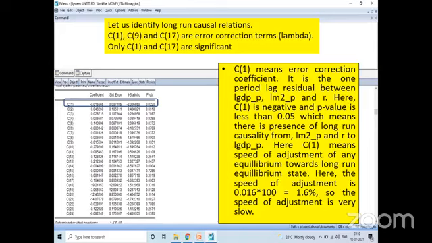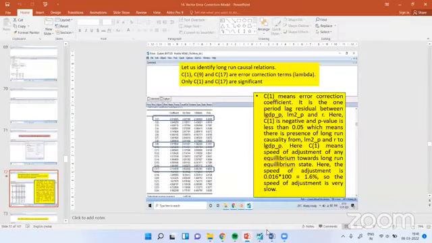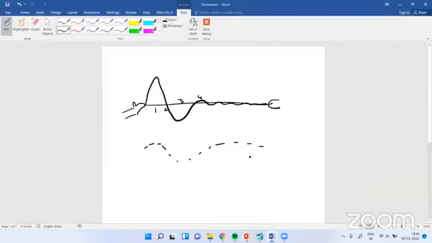Because we are saying that it is a co-integration equation, and therefore now let us come back here to what the concept is. C1 is negative. It means that it is correcting the speed of it. It means that suppose the series starts deviating, immediately a shock will be given. It starts moving this side. Now if it goes a little bit outside, again the shock will be given and it starts correcting.